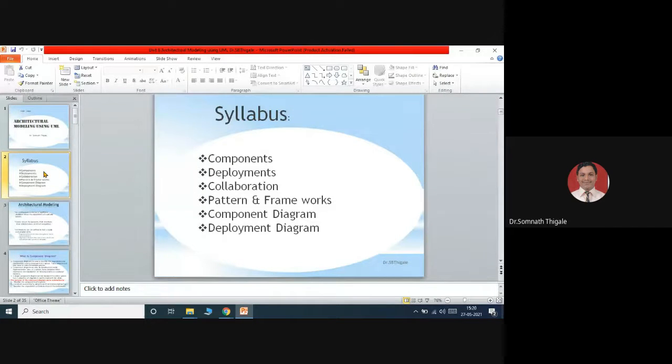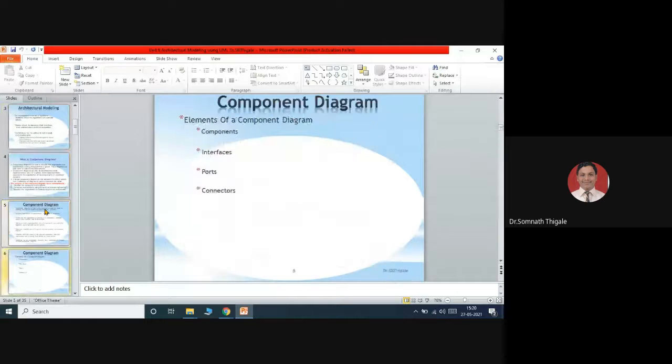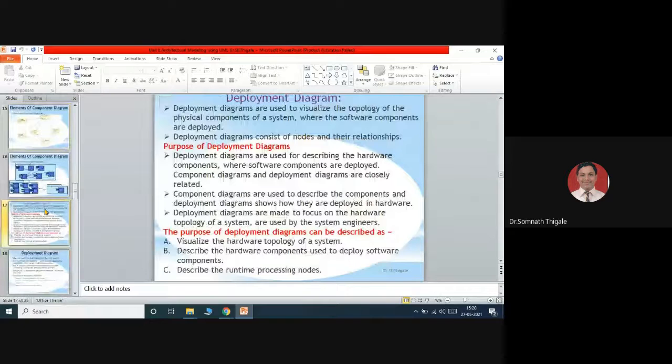So when I'm talking about the deployment diagram, what is the meaning of deployment? The concept of component diagram we have done. Focusing on the next part called deployment. Deployment, as the name suggests, means we will hand over the product. Whatever software we have developed and tested, we will give it to the user, and before the user starts using it, we have to install it. That installation at the user side we call deployment.